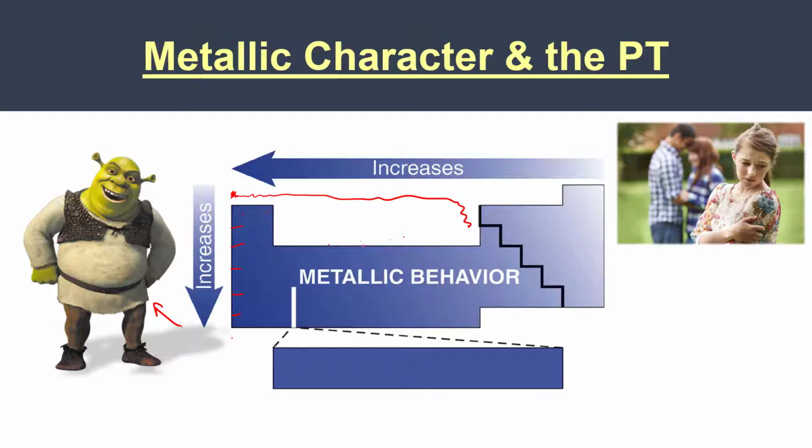Tying in some of the trends we've seen already, you guys know metals that are in the lower left-hand side have the lowest ionization energy, lowest electron affinity, lowest electronegativity, largest radius, which of course will make them more likely to lose electrons. And when we want to know why the metallic character is going to increase right to left,